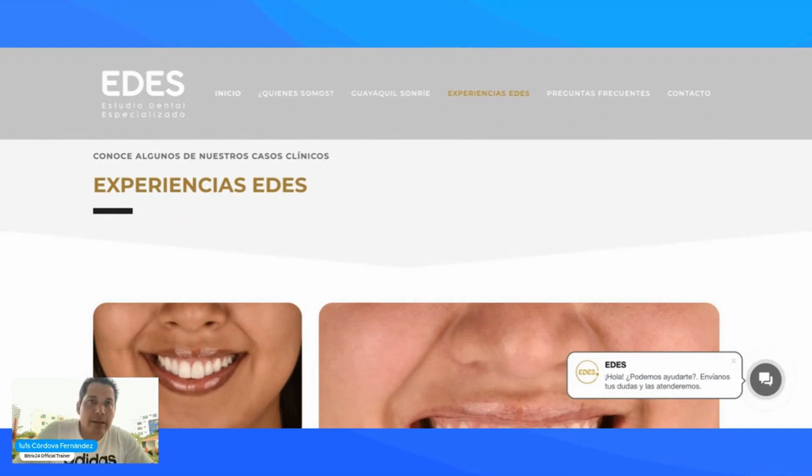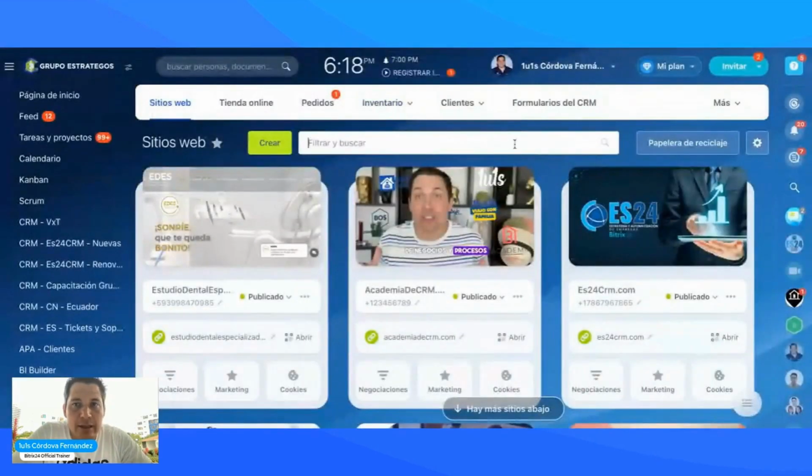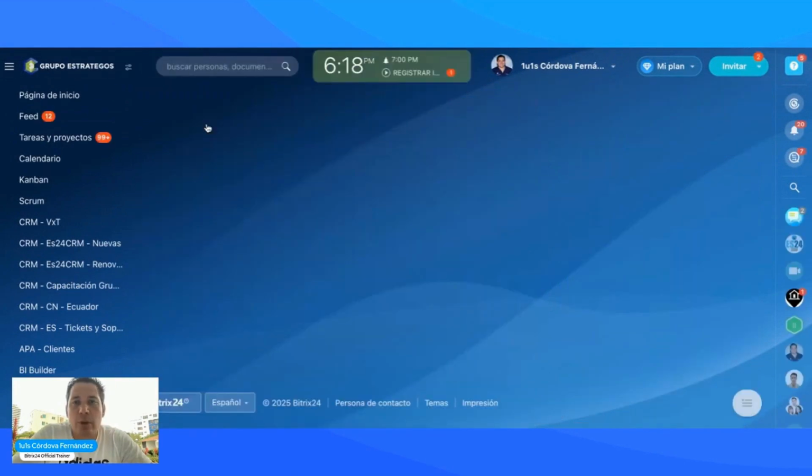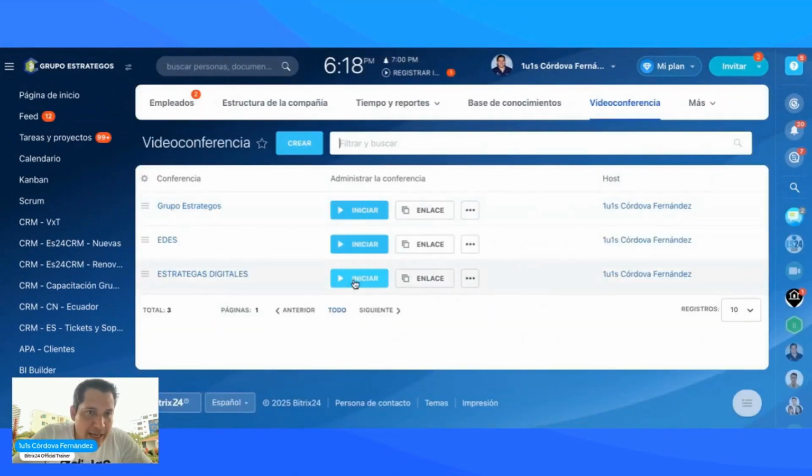Okay. Another one of the new features that's coming, which isn't out yet either, but I recommend you start getting familiar with it and checking it out, is that Bitrix has greatly improved the video conferencing module. Look, I already have 1, 2, 3 rooms where you could have up to 14 participants in the meeting at